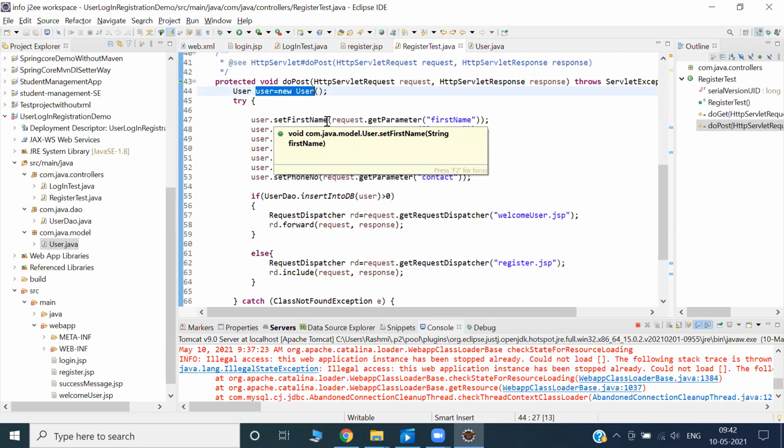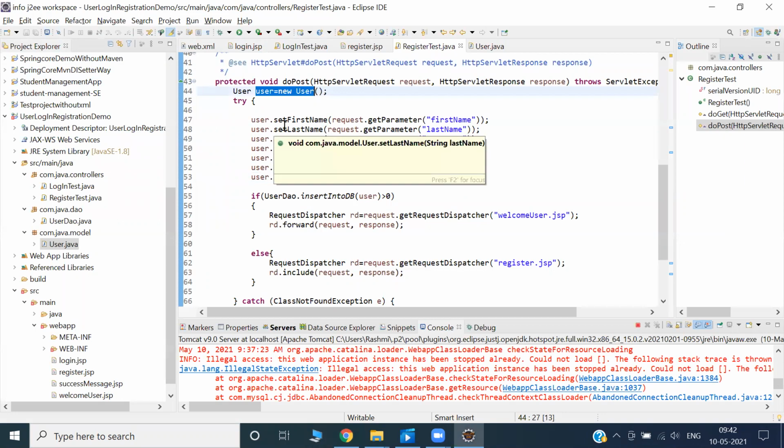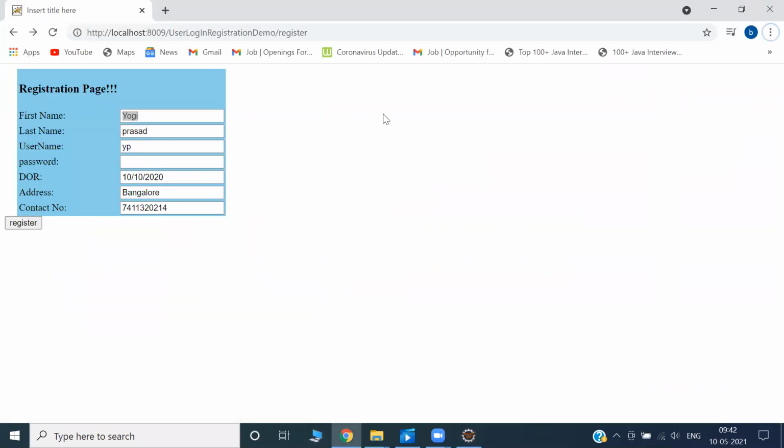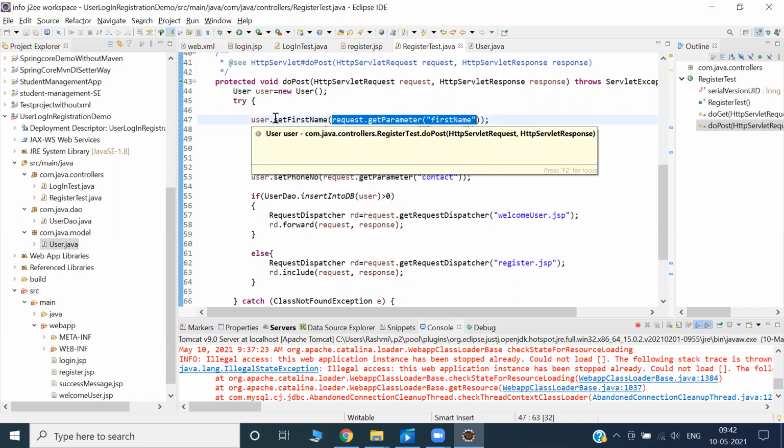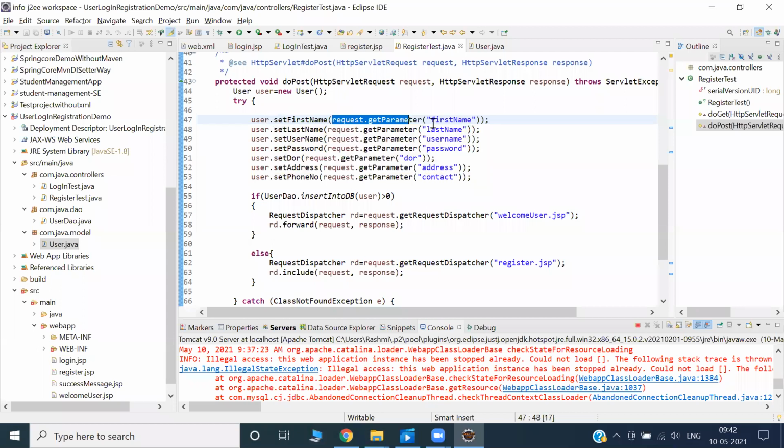Now you can ask me, sir, how will it set the value, and from where will it get the value? You can see here, first name, I put Yogi. Yogi will be collected in this part and stored inside user, because there is a getter and setter method. Set is for setting the value. Now this value Yogi will be set into this. Now user contains Yogi.